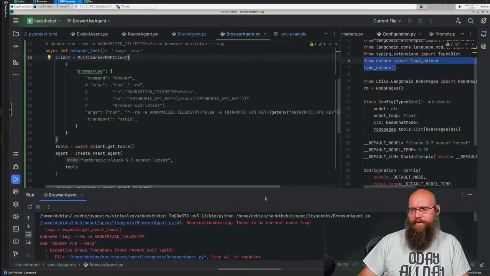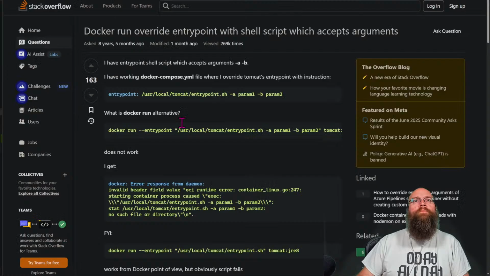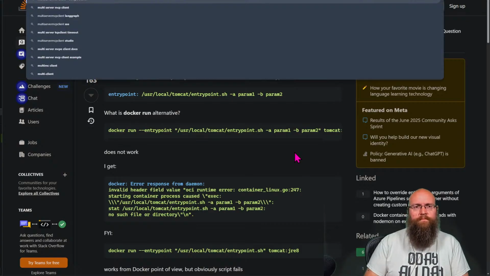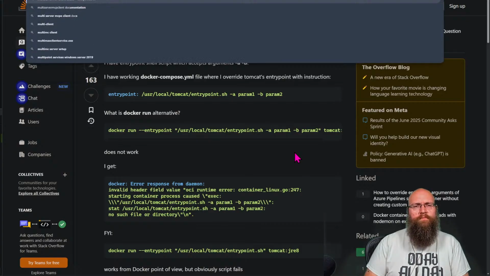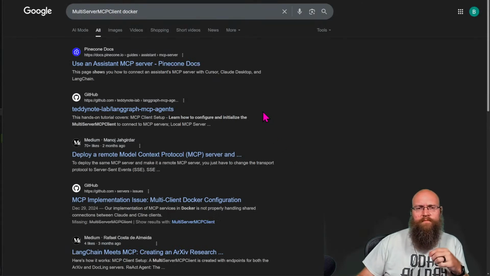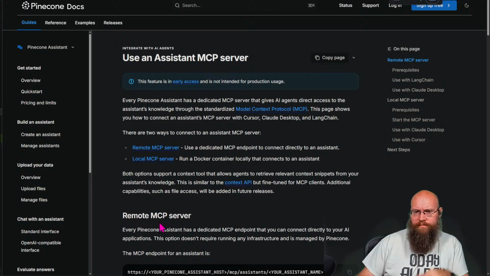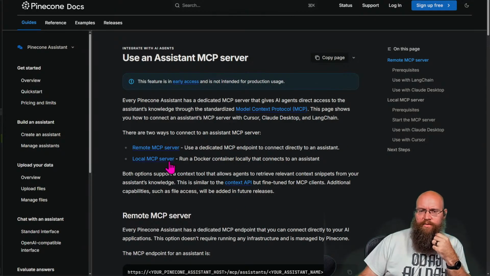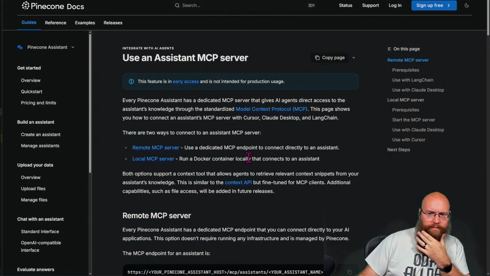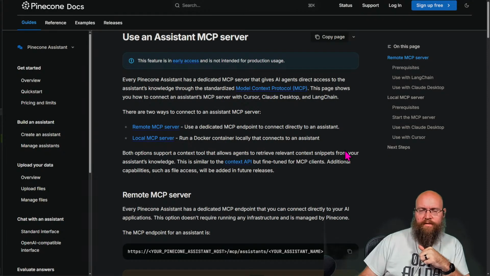Surely we're not the only ones who have come across this. So this is from the multi-server MCP client, if anybody else has run across it. To run a Docker container locally that connects to an assistant, use a dedicated MCP endpoint to connect directly to the assistant. All right.